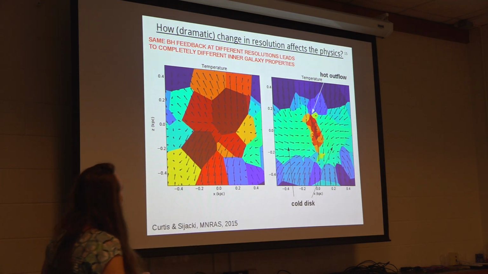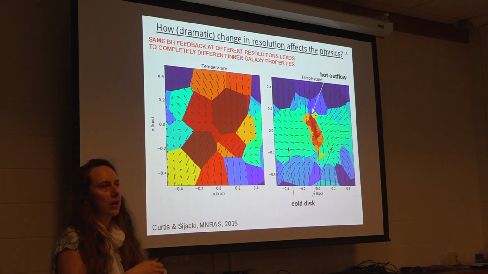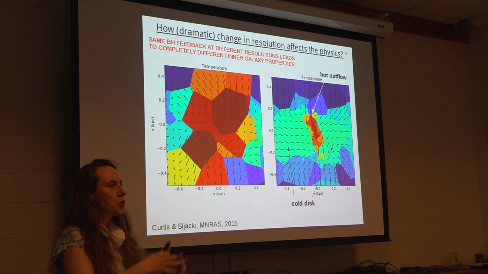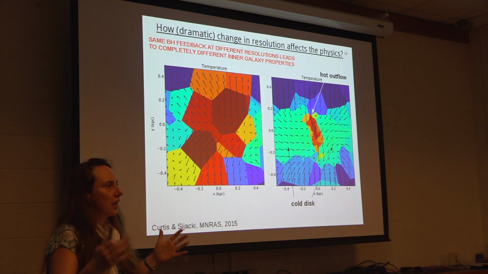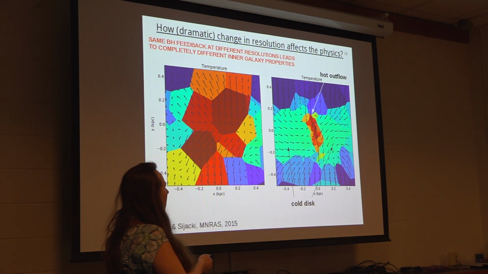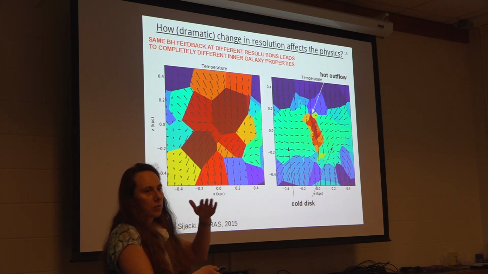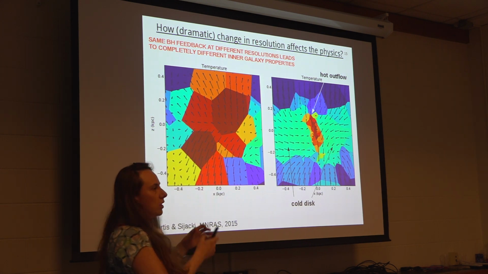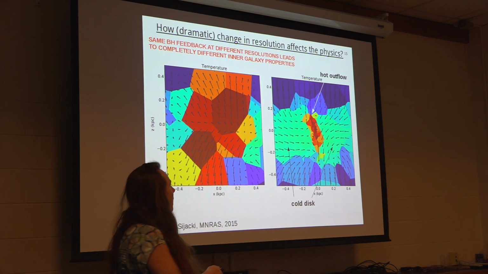In one case, we have like the Sedov-Taylor spherical blast that comes from the center of the galaxy, essentially pushes all gas out and makes the galaxy void of gas. In the other case, we have a collimation due to just the pressure forces of the cold gas that is rotationally supported in the disk, I'll come to that in a second, that actually makes this outflow initially, which is injected spherically, to become